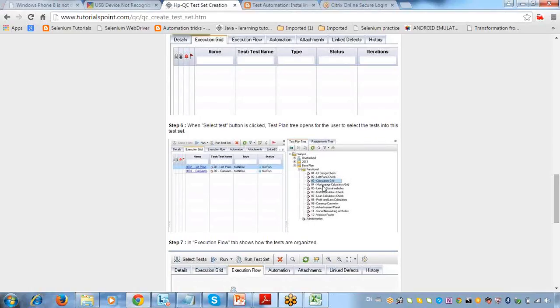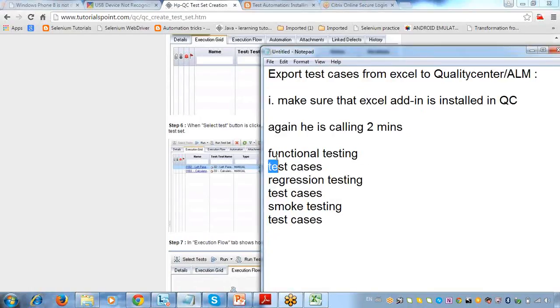Now once I have created the test set, it will show all the test cases. Select the test cases which you are planning to add to that particular set. Click on this arrow mark. You can add 1, 2, 3, 4, 5, 6, 7, 9, whatever. So here I will be creating my folders, and I will add the test cases for each and every set. For smoke testing, what are all the test cases? For functional testing, what are all the test cases? For regression testing, what are all the test cases? I will do this. Once this is done,